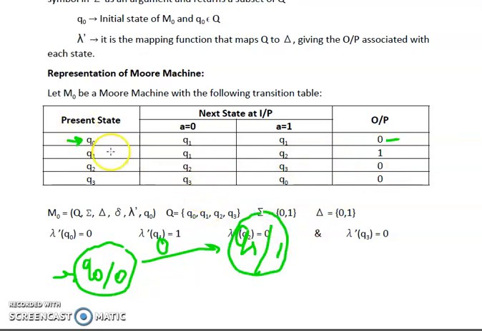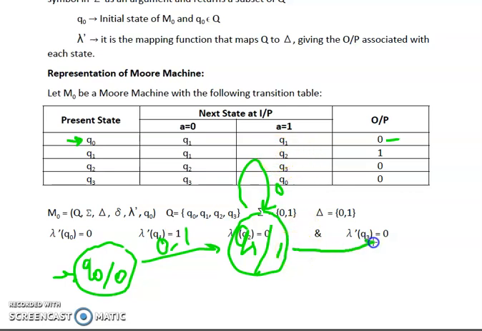Now, again, we will check for state Q0. If we are reading 0, we are moving to state Q1. And if we are reading 1, we are again moving to state Q1. So it can be represented like 0, 1, because reading both 0 and 1, we are moving to state Q1. Now, while we are on state Q1 and reading a 0, we are on the same state Q1. That means there is a loop for the input 0.